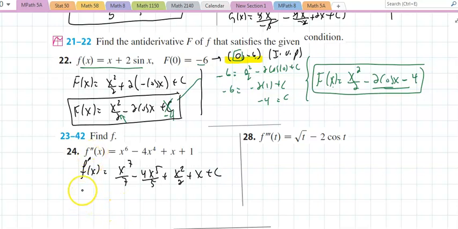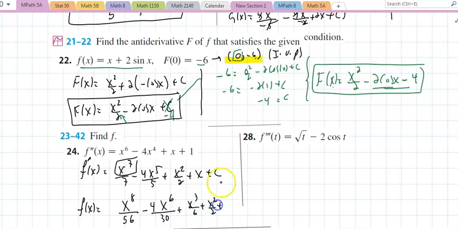And if I want to take another antiderivative, now, this is the variable. Add 1 to the power, divide by that, that will be 7 times 8, 56. Minus, add 1 to the power, divide by that, that would be 6 times 5, 30. Add 1 to the power, divide by that, that will be a 6, x squared over 2 plus. This will be a cx, and now you have to pick another